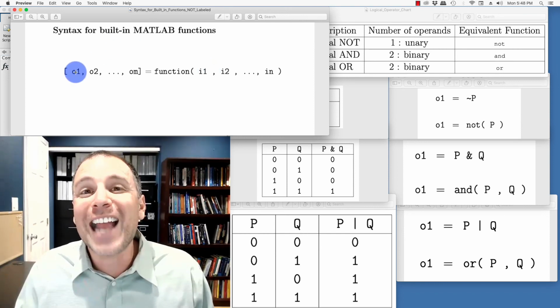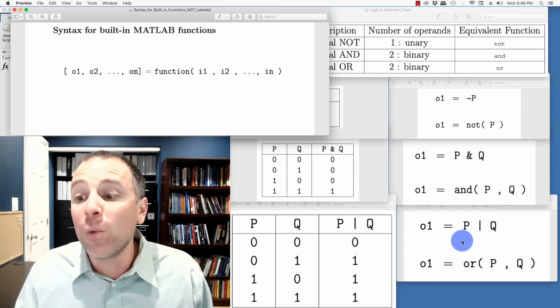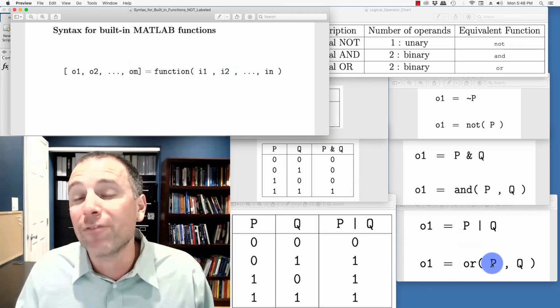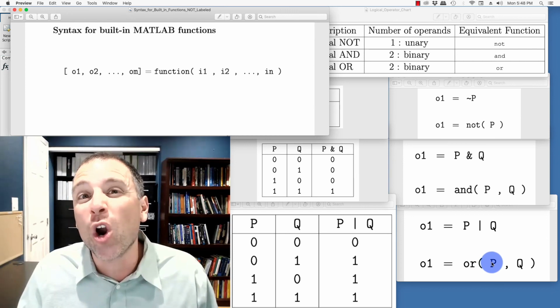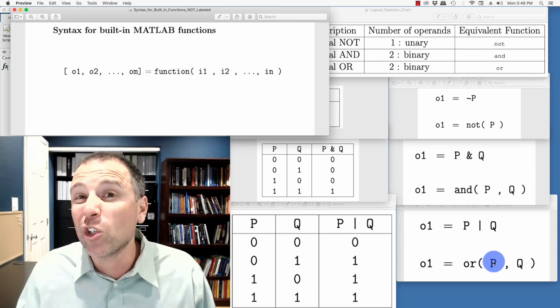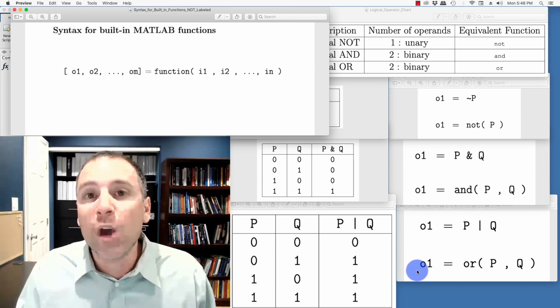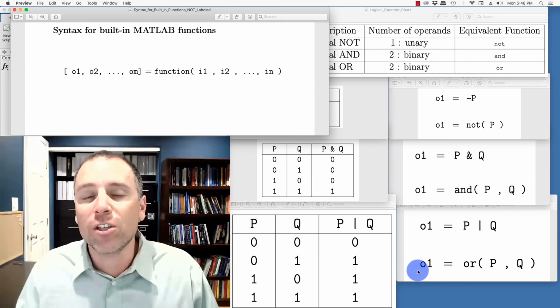The corresponding output, there is only one of them, is also a logical array with identical dimensions. Similarly, when we look at the OR function, we have two inputs, each of which are logical arrays. They could be logical scalars, logical vectors, or logical matrices. The output is a logical array with identical dimensions as those inputs.